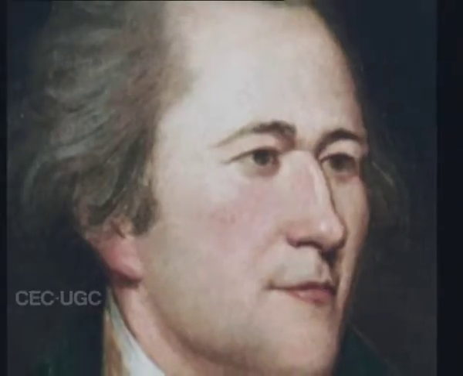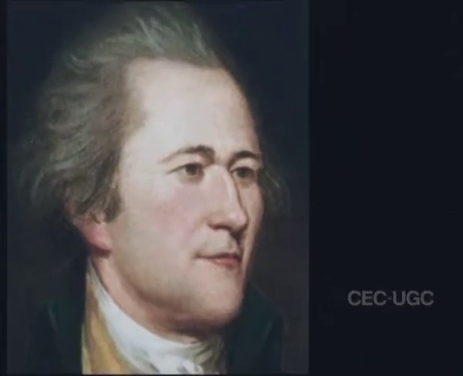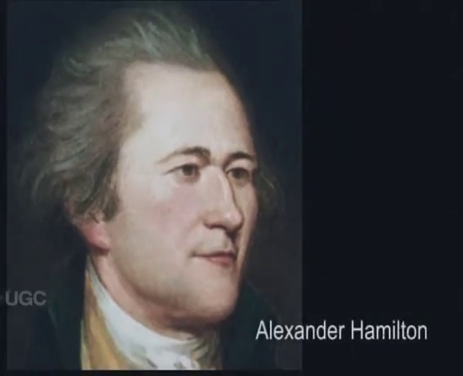A strong center had to be created. Alexander Hamilton, in his Federalist Papers, repeatedly said that a strong center had to be created. There was no other alternative to a strong center. Perhaps his prescription was too strong for the states to consume. That is true. He wanted virtually a unitary kind of constitution, like in England, a country he admired very much. But that was not practicable. But nevertheless, the campaign was on that state rights had to be sacrificed for the cause of federal rights.